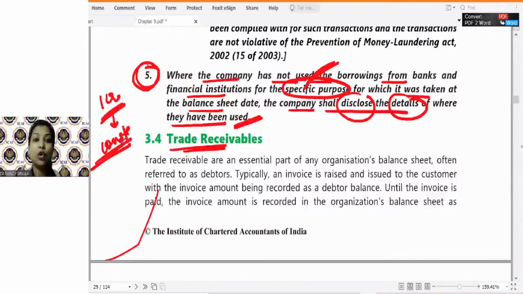Consortium, you will be studying this topic in detail in chapter number 12. A consortium is where two or more banks come together to give a loan to a party. Let's say the loan is for 500 crore. Now one bank does not want to take such a huge risk, so 4-5 banks will come together. They will make a consortium to give a loan to that particular party,